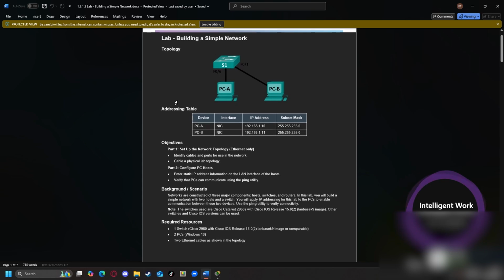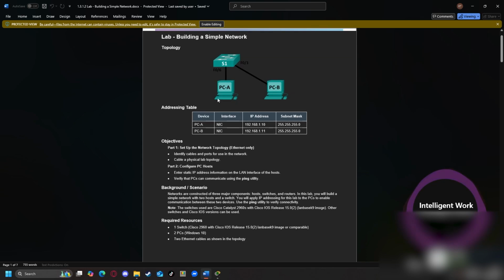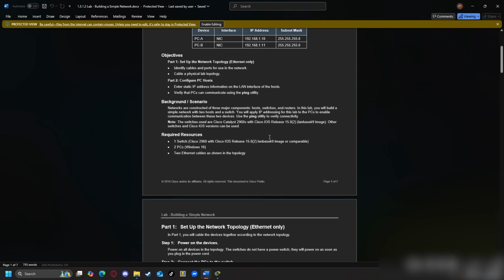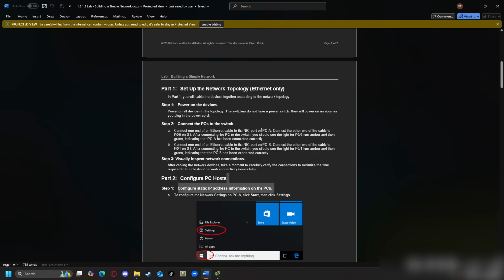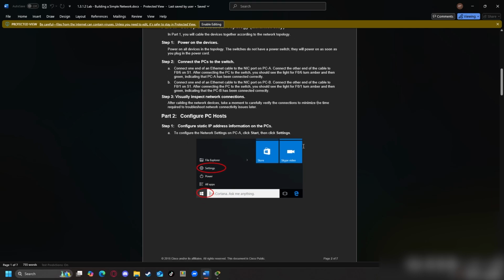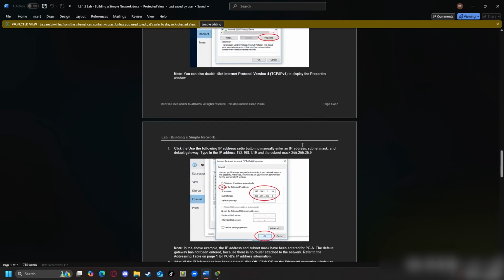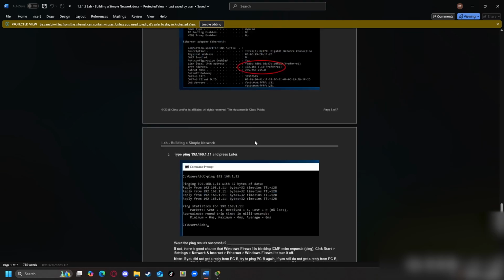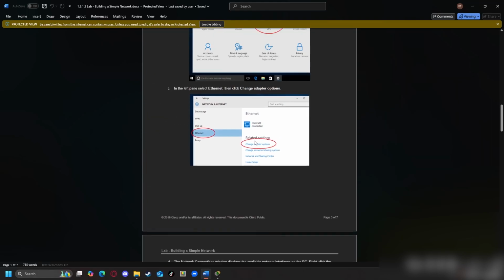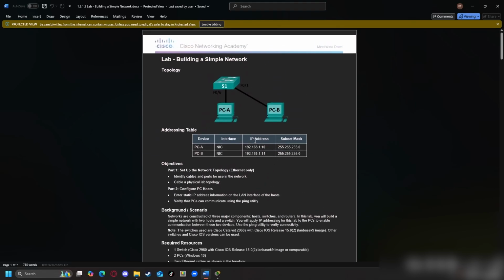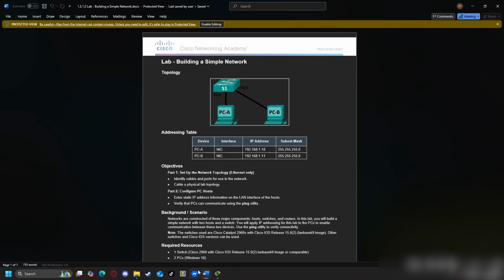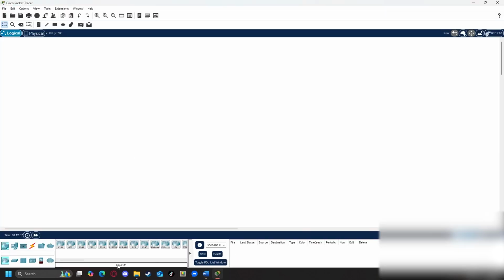So, I'm going to show you now how to, basically, we're going to build this simple network. Now, yes, you can follow along, easy peasy, lemon squeezy. It's really not difficult to follow along with these, and it is showing you this bit. I've just realized it's not even showing you actually how to do this in Packet Tracer, so I can go through now and show that. So what we're going to do, we're going to start off. We're not going to actually have anything more than just a switch and two PCs.